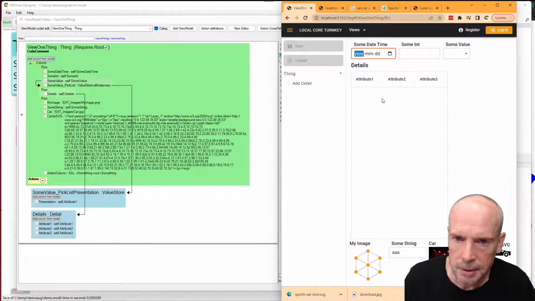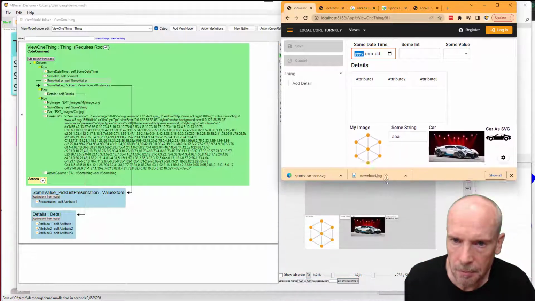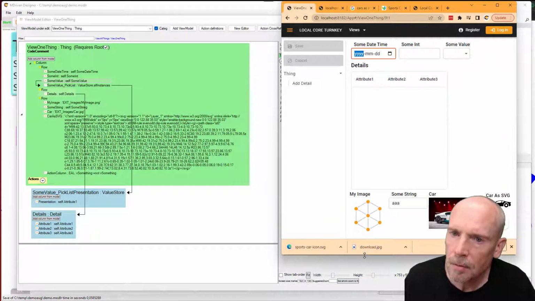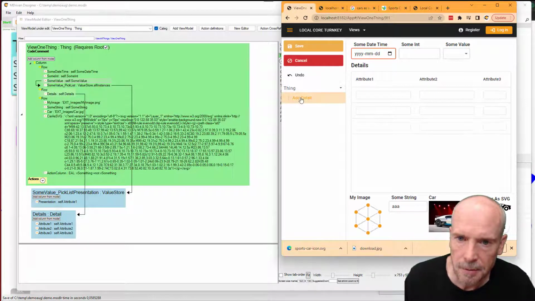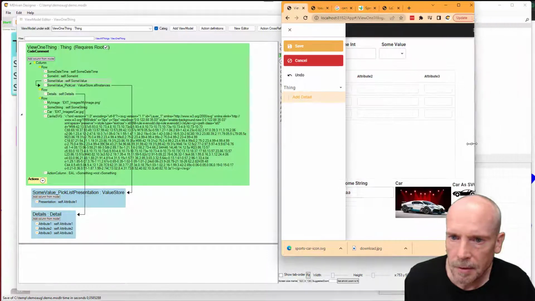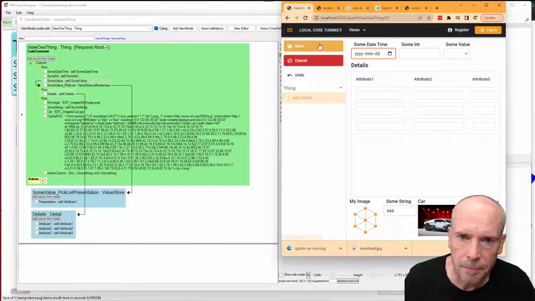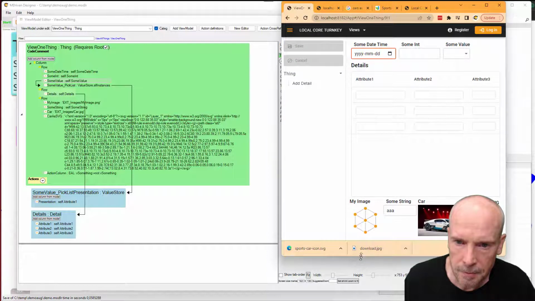So what we can see is that the details grid has grown, and things react to changes. And if I add details, I can see that well, let's see